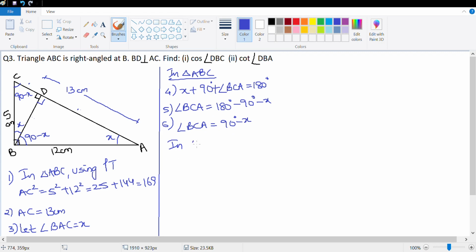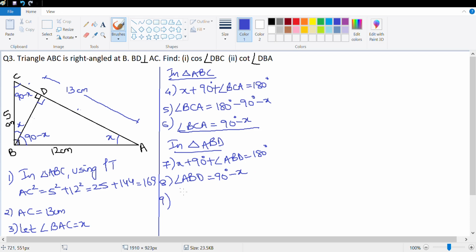Now in triangle ABD, I have X plus 90 degree plus angle ABD is equal to 180 degree. So similarly, angle ABD is equal to 90 degree minus X. Next, so we've got this as 90 minus X, we've got this as 90 minus X. Now let's look at triangle